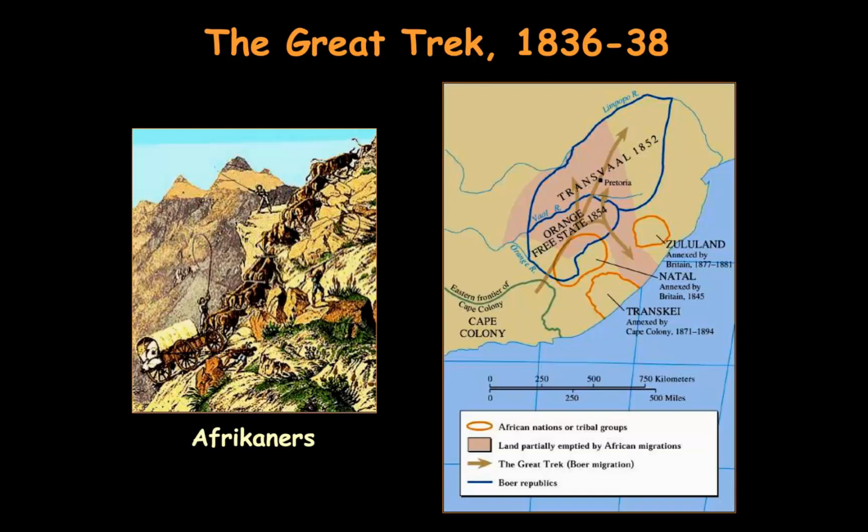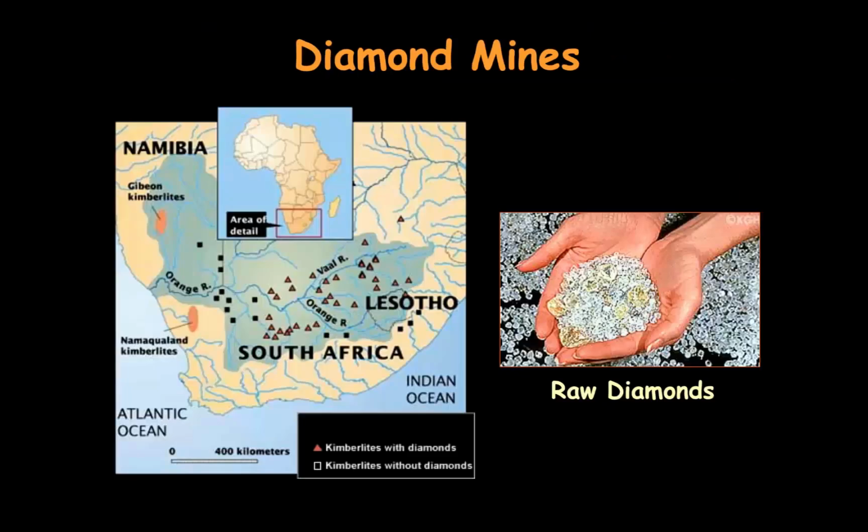And so you've got the Zulu down here. Where's my mouse pointer? Well, my mouse pointer is not showing up anymore. But you've got the Zulu down here. And you've got the Boer who are going up against the Zulu in the Transvaal area. You've got the Cape Colony over here on the left, if you can see that on the map, the lower left. And so you've got these different groups, right? You've got the Zulu tribes, you've got the Boer farmers who are basically just sort of on their own, and then you've got this Cape Colony, which is where the Dutch had set up an actual colony, and then the British are going to move in and take it over at some point, right?